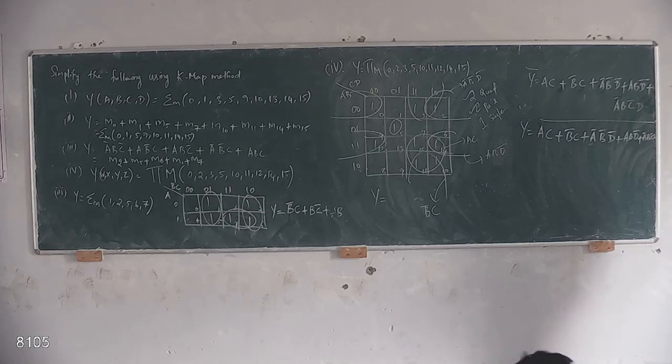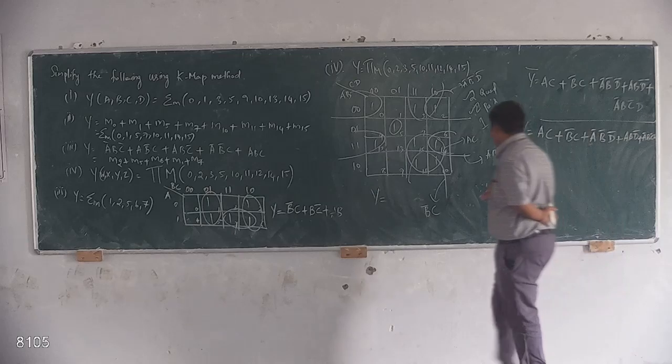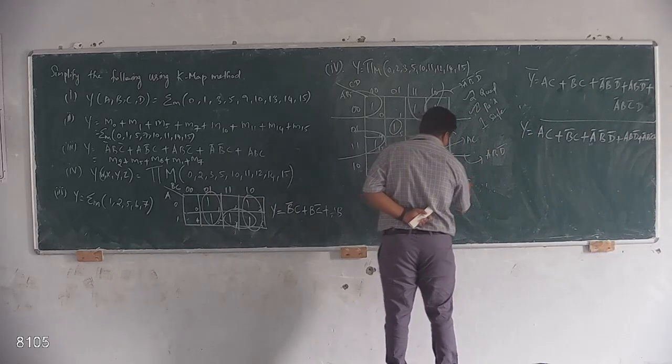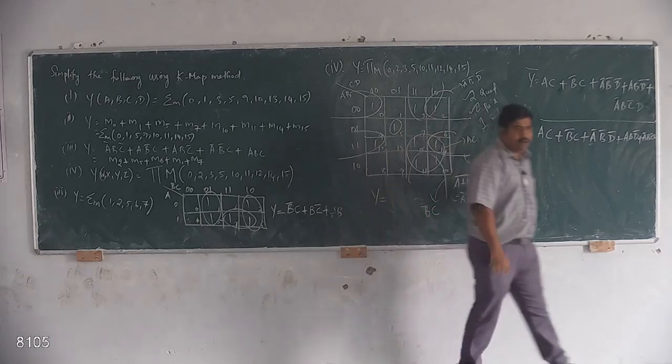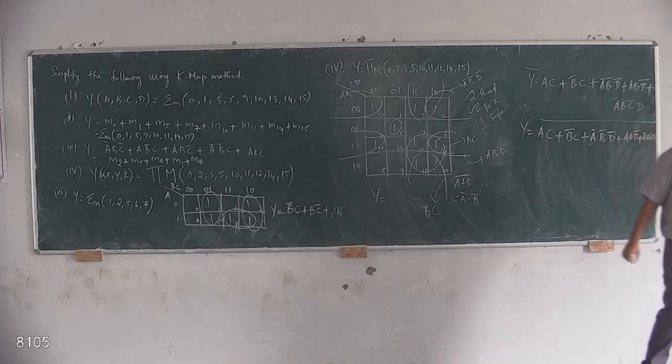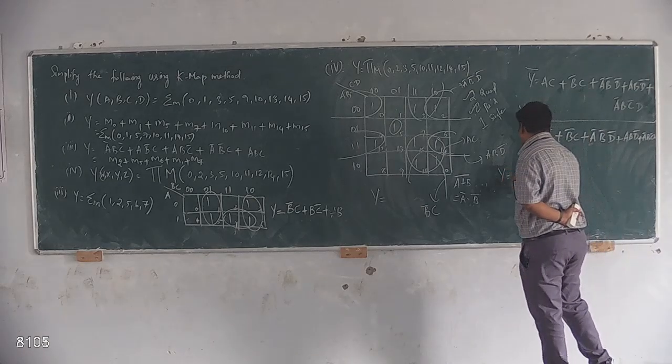Okay. So in this we need to apply De Morgan's law. What is De Morgan's law? A plus B plus C plus D whole bar equal to. So what is De Morgan's law? A plus B whole bar equal to A bar dot B bar. I am going to apply De Morgan's law over here. So Y is equal to AC bar